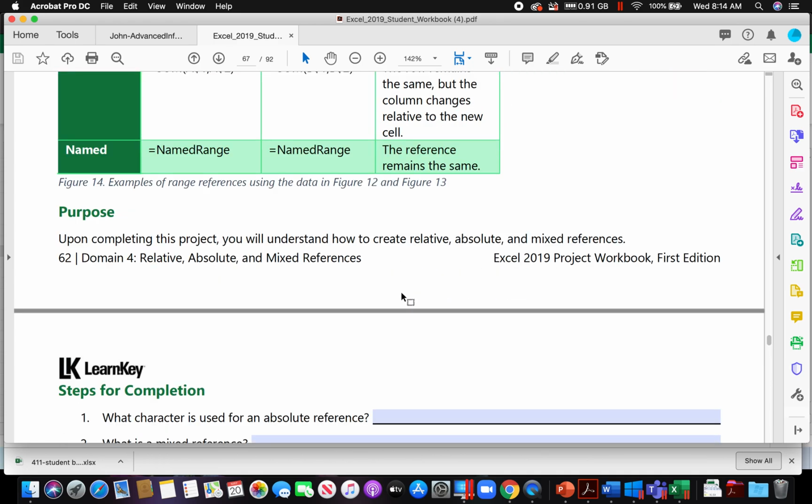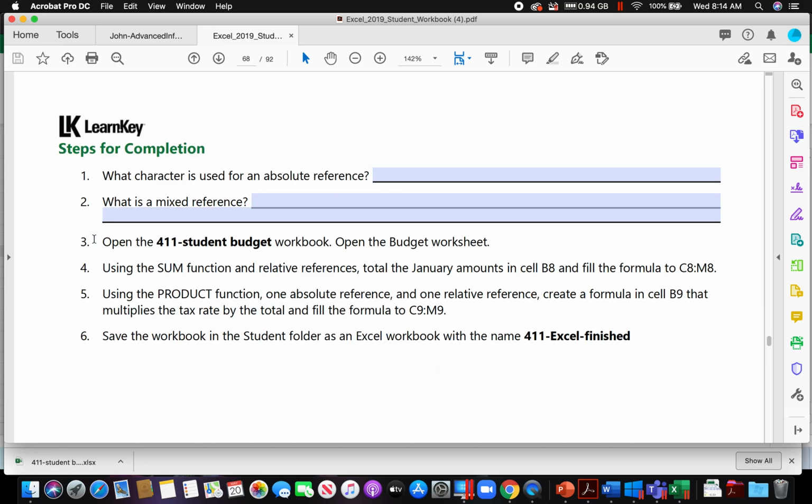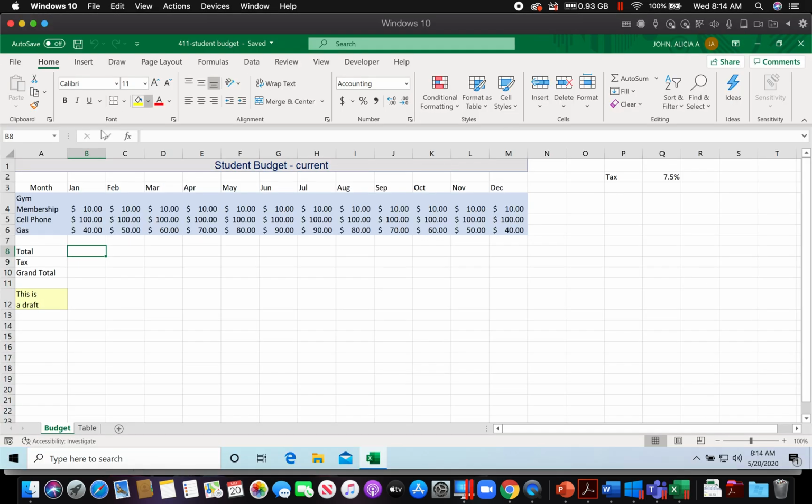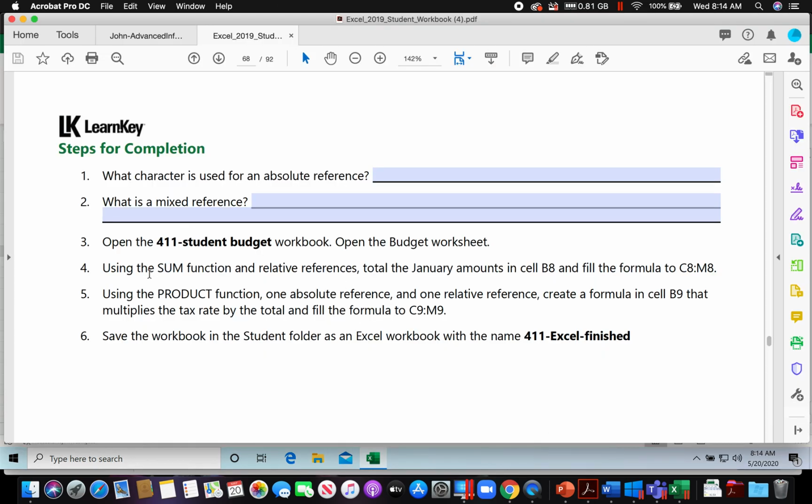You will see that the steps actually start with number 3. So that's where we're going to go. It says open 411 student budget. So I believe I already have it open. 411 student budget is already opened. Using the sum function and relative references, total the January months in cell B8 and fill the formula to C8,